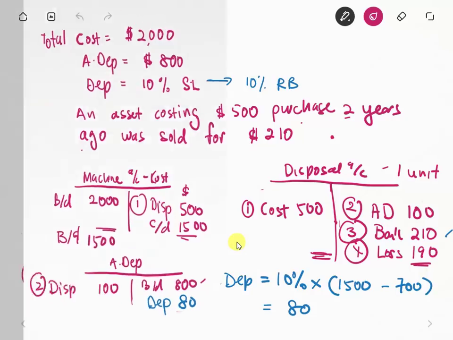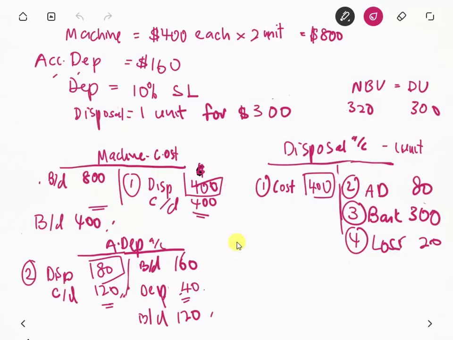Then, I make a loss of 20, in or outflow? When I make a disposal here, I lost 20, in or outflow? Inflow, how much? 300. Is it okay? Now,